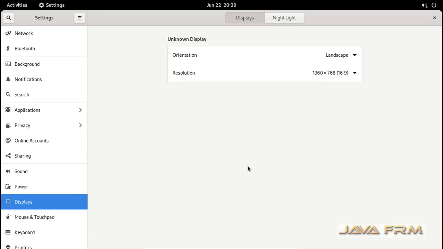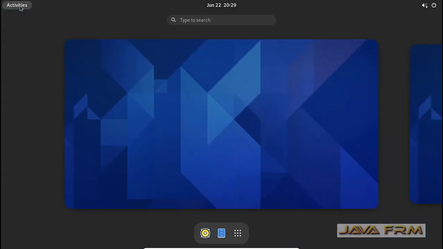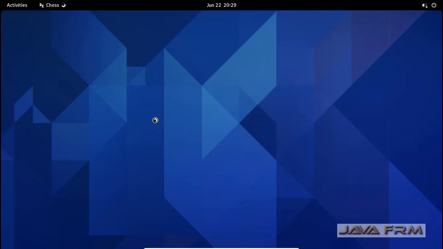Apply. Okay, so I can view Alpine Linux in full screen now. Now let us go to the menu. I click Activities. Here you can see some icons: Files, Show Applications. So click Show Applications. Here you can see these are the utilities installed.